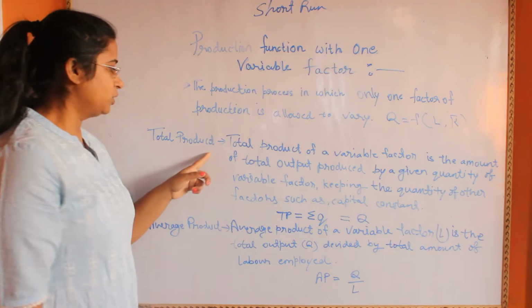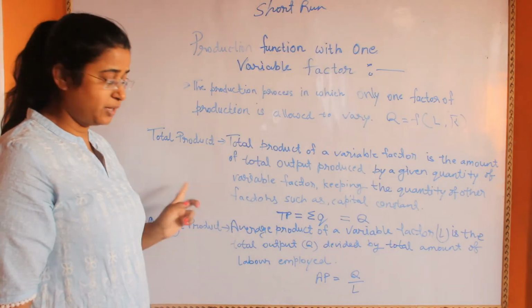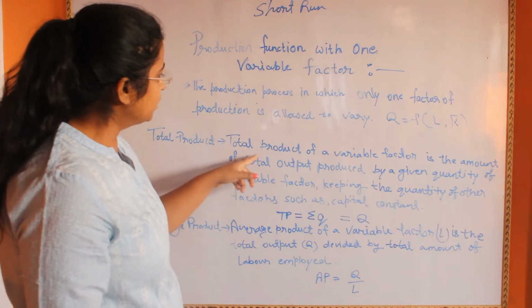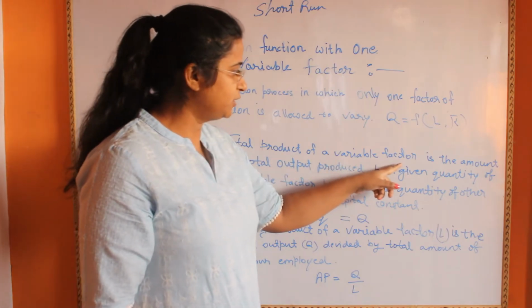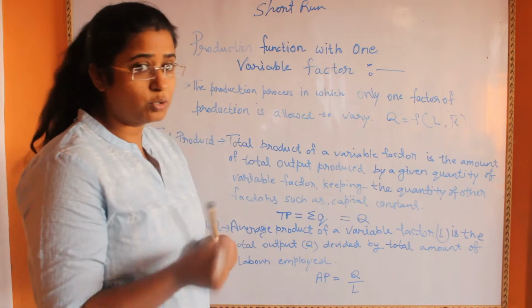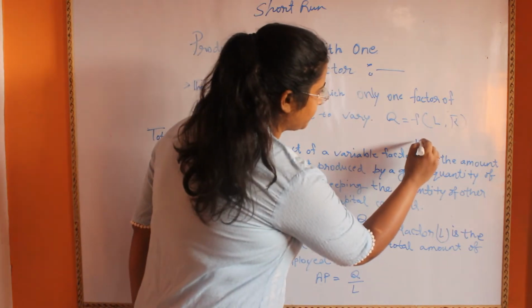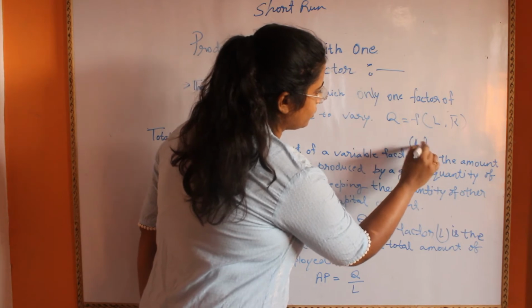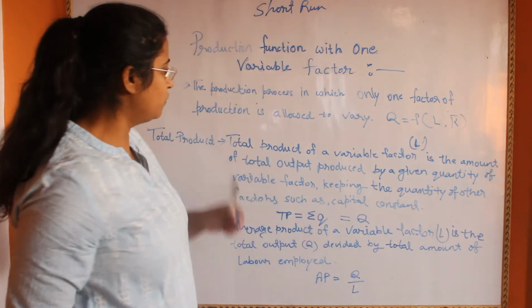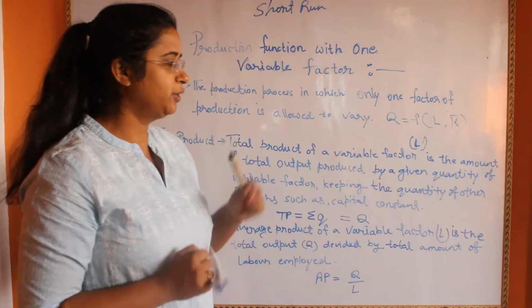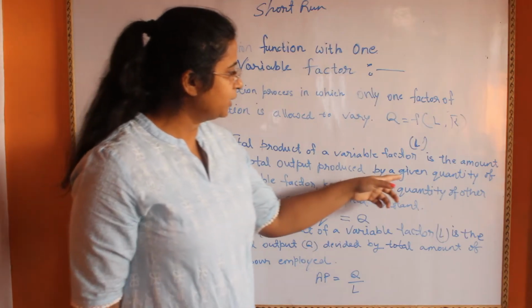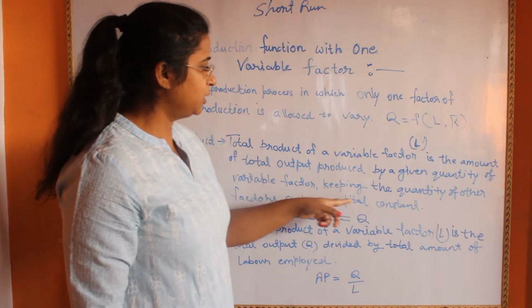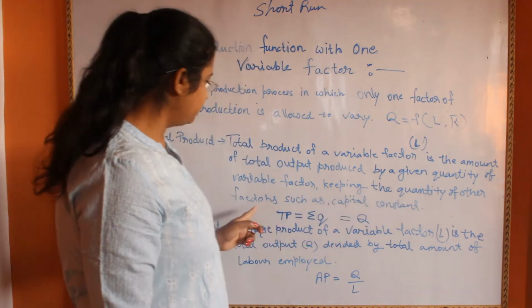So, the total product of labor, we will define it as the total product of a variable factor, that you call L, is the amount of total output produced by a given quantity of variable factor, keeping the quantity of other factors